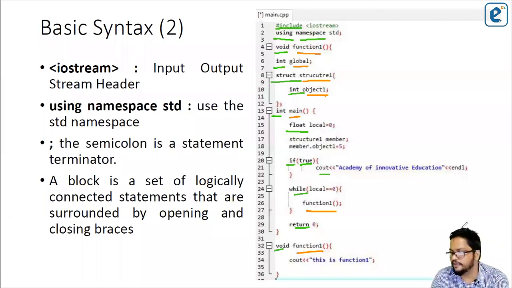What is the difference between an identifier and a keyword? Identifiers are user-defined names, which is how we identify things. We can give our own name to this global or this function one. We can give any name we like.